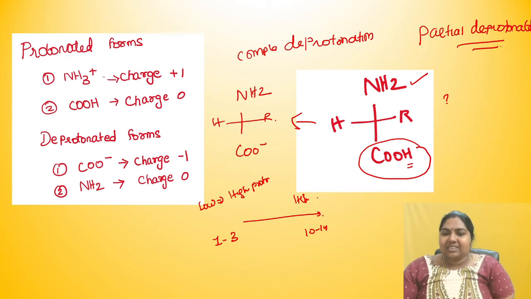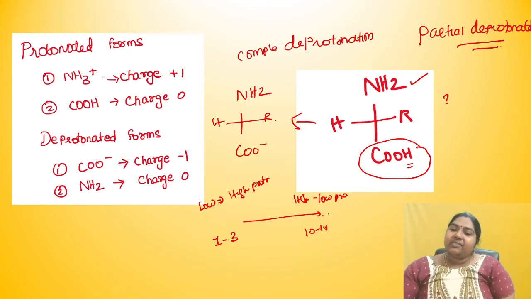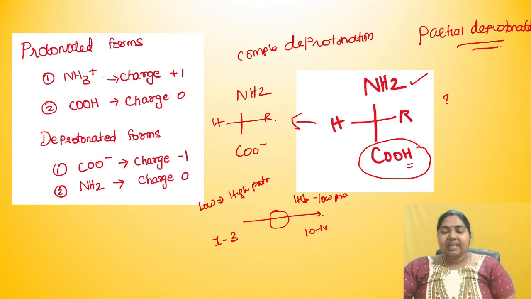The protonation, it is going to be the low protonation, isn't it? Right. So when the pH is becoming high, the protonation becomes low. Absolutely. So here, if you take the mid values, it is going to become partial deprotonation. So one such example is this. Okay, so there is a partial deprotonation.